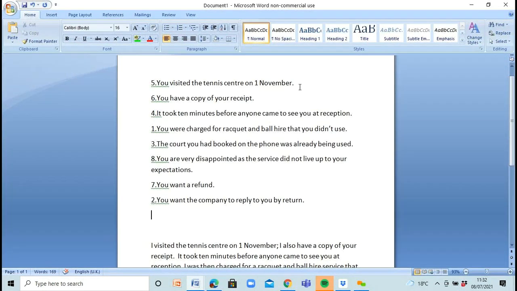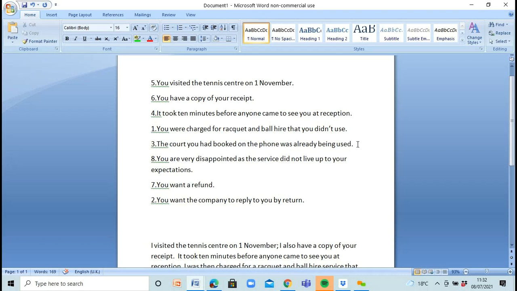So number one, you would start off with saying you visited the centre. So in your paragraph, this is all in one paragraph. You would say that you visited the centre and what date it was. You'd say you have your receipt. Then you'd complain about how long it took for them to see you at the reception, how you would charge